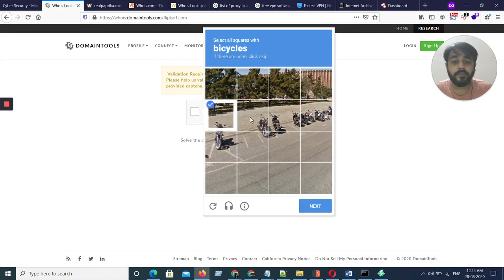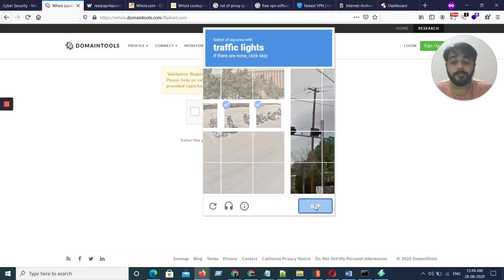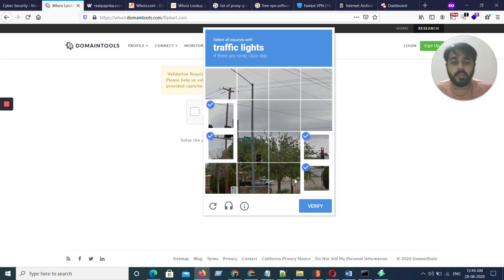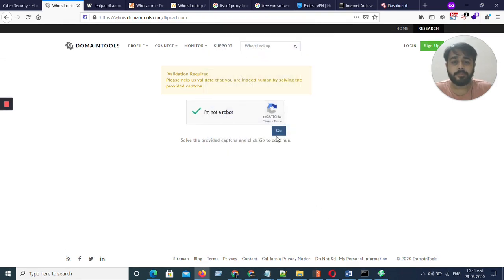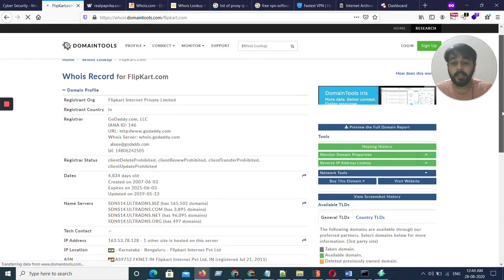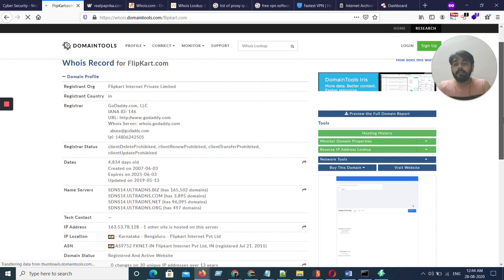So there is a special reason why I'm opening this whois.domaintools.com. I'll make you understand. Traffic lights, where are they? Okay, I can see here as well, and here as well. Okay, so basically here also for Flipkart we are not going to get anything, but the kind of the data which